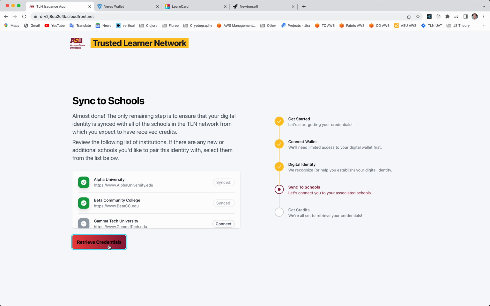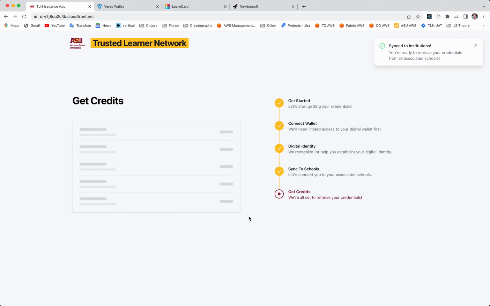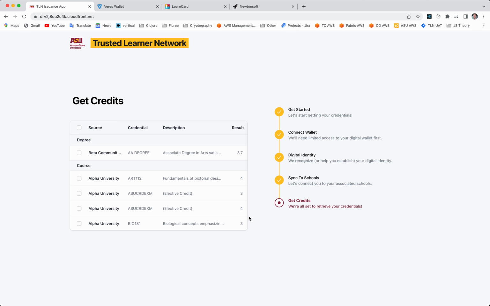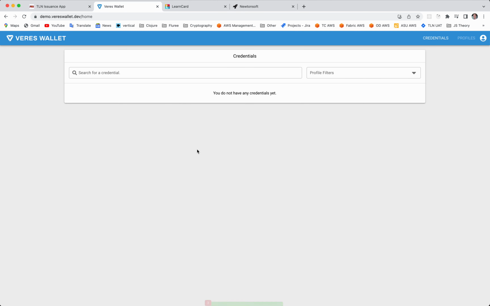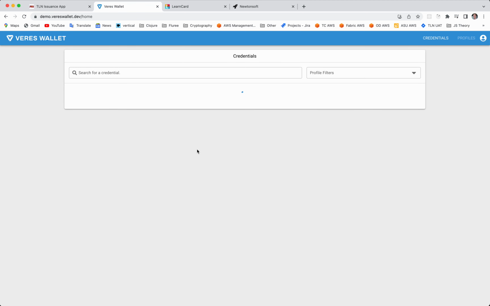When we go to retrieve the credentials for this learner, we're issuing another SPARQL federated query to effectively ask for all of the credentials for which this digital identity or the student profile has been asserted as a recipient. In this case, I'll select a few of those credentials here. When I go to sync them to the wallet, we'll use CHAPI again to request to store those credentials, presenting the learner with a choice of whether to store them or to cancel them. And as we submit that, we'll see that the signed verifiable credentials now are visible in that Verus wallet